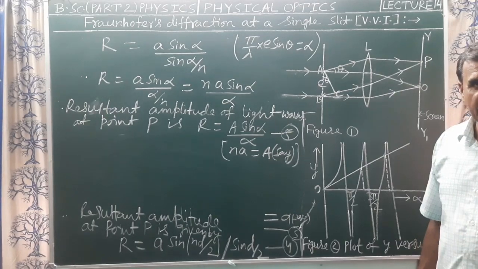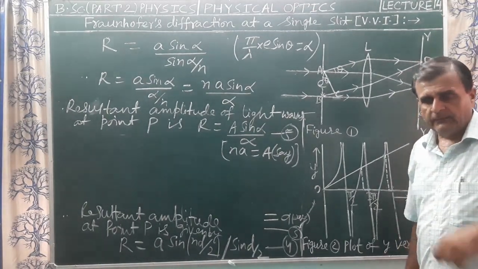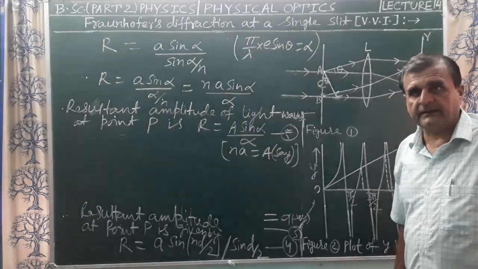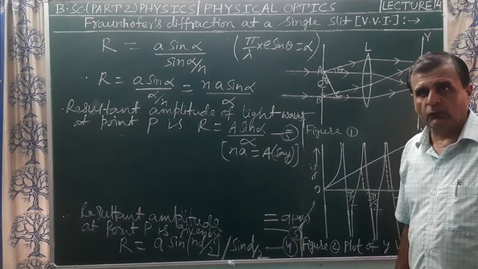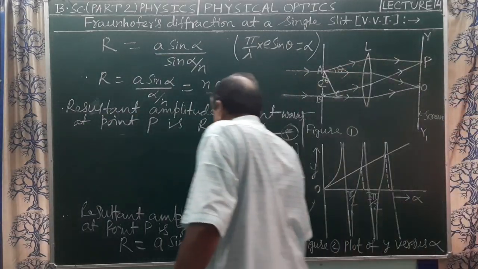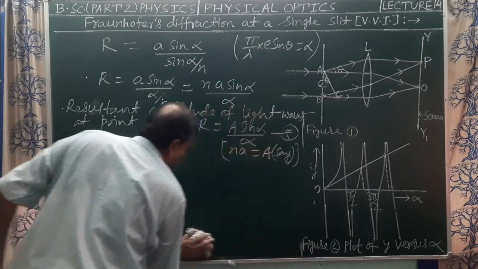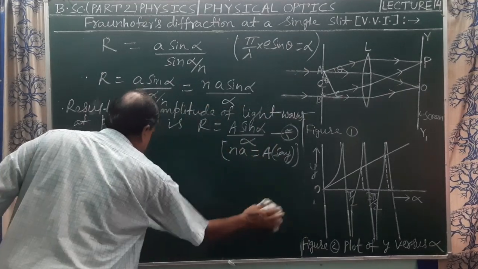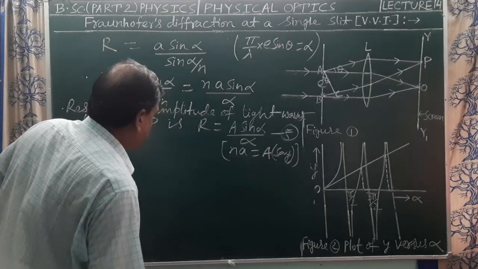But for simplicity, for convenience, we can take the value of the constant of proportionality k equal to 1. So we can write the resultant intensity of light at point P of the screen. Point P पर लाइट का रिजल्टेंट इंटेंसिटी को अब एक्सप्रेस किया जा सकता है,